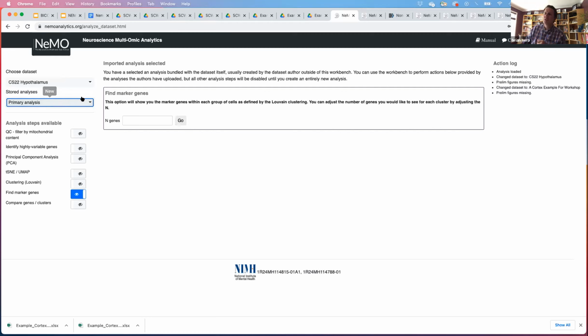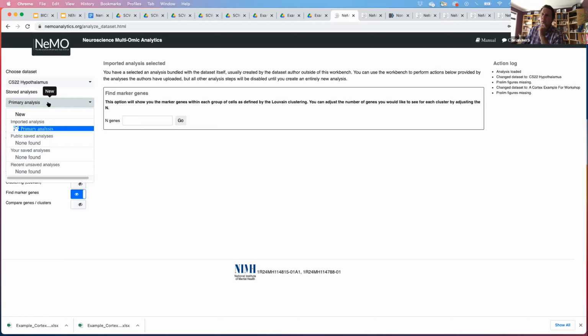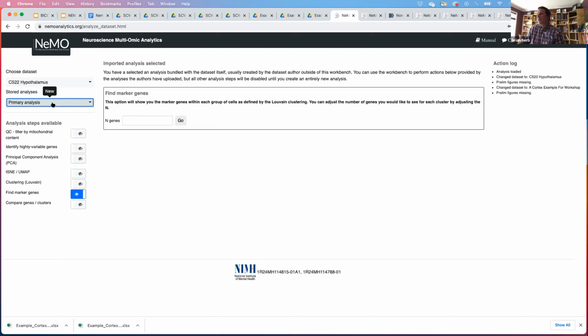So what I'm simply doing here is that I'm taking one of my data sets that I've actually already done analysis on, and I brought that in, and I'm simply taking advantage of that stored analysis. So again, under this section here, you can actually go through and do that new analysis, or you can use something that's already been inputted.